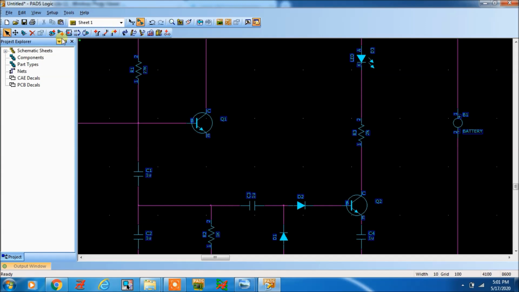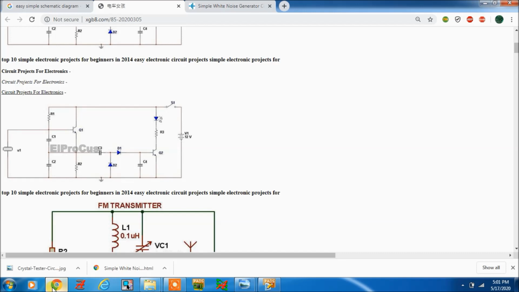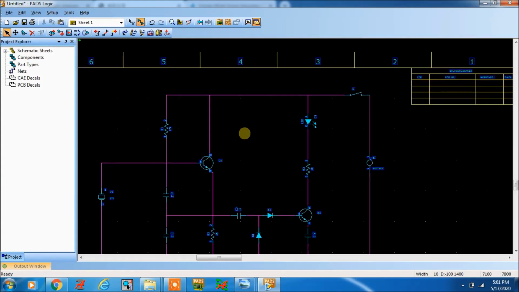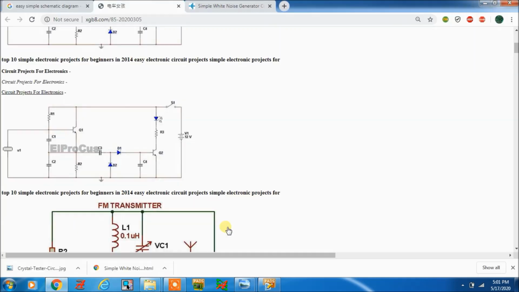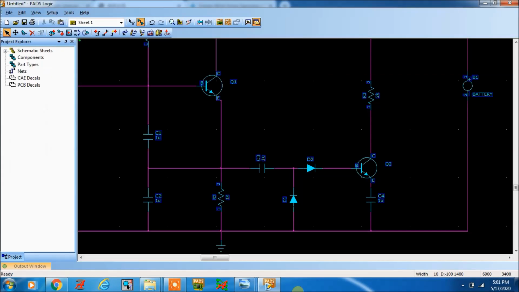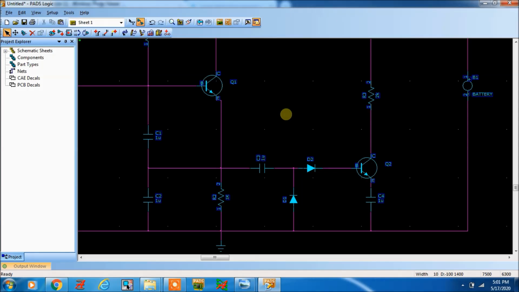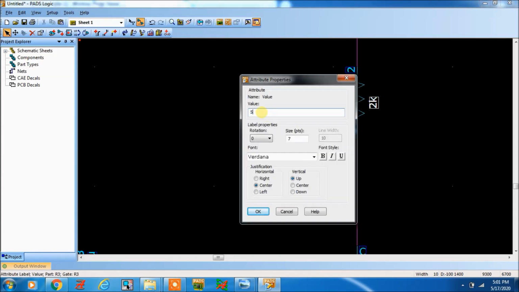We need to make a connection here, connected with R2 emitter. Now R3 value is 560 ohms. R3, 560 ohms.